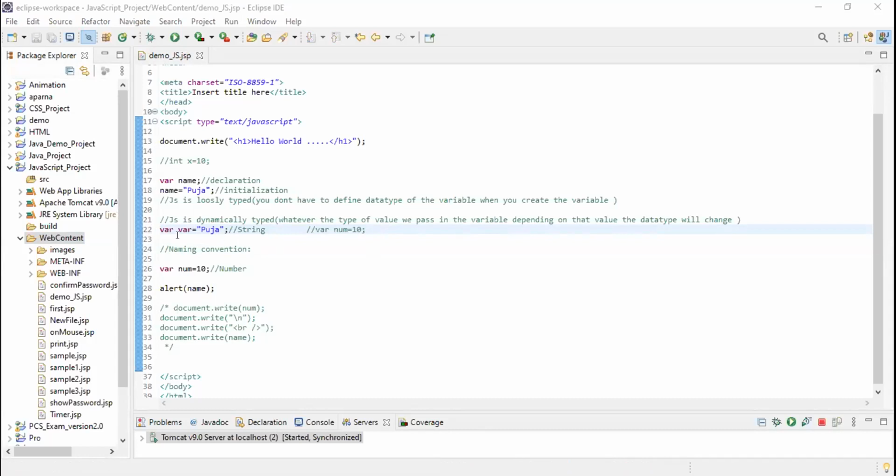All of you write it down: word, and Pooja, or your name, anything. It will not work because we cannot take any predefined keyword as a variable name.